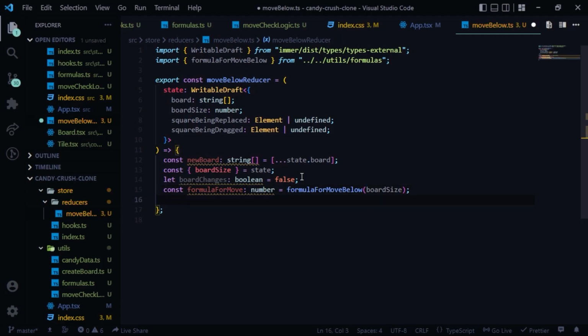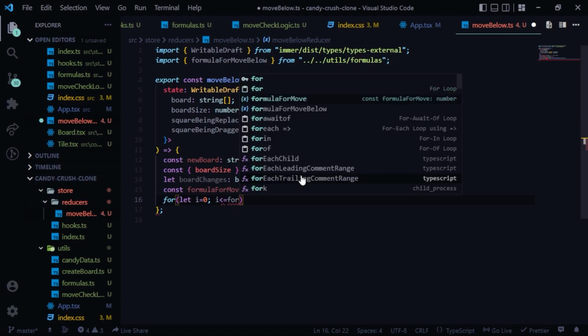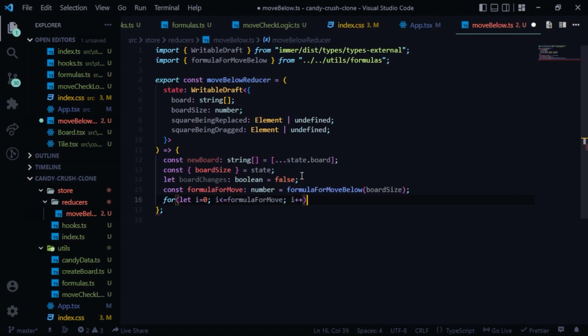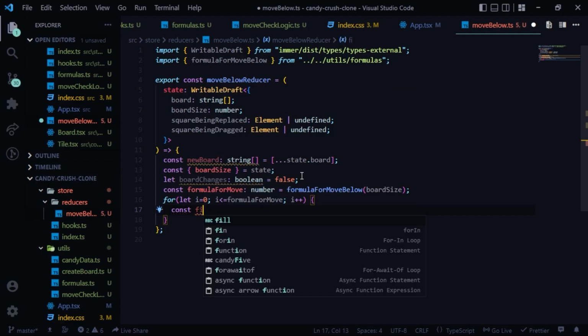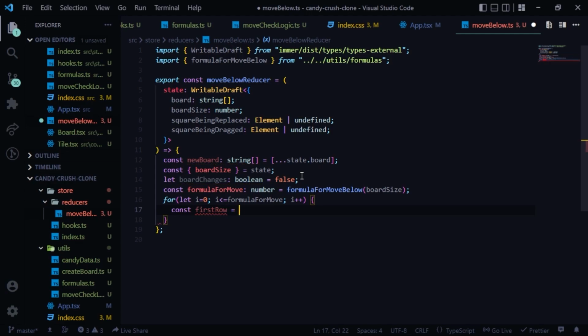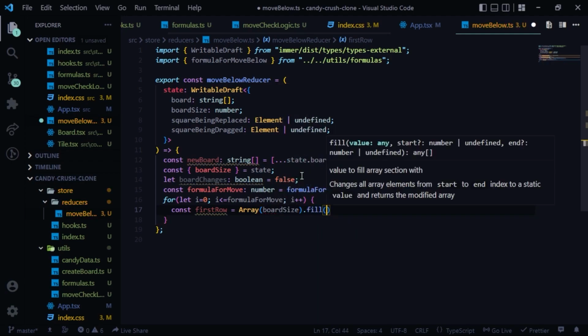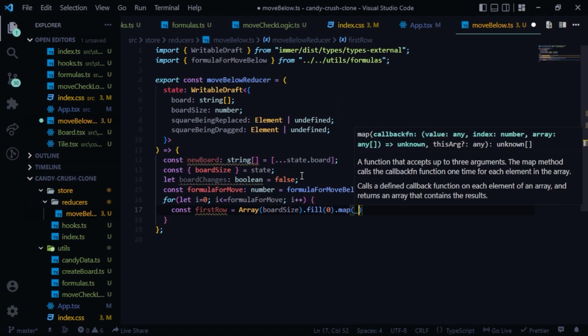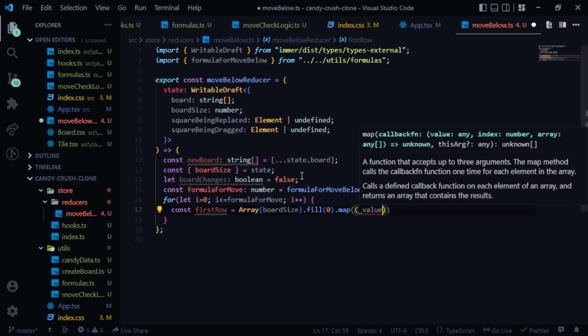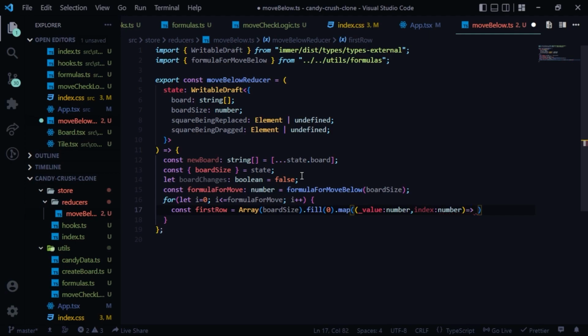After this we'll have a loop, i equals 0, i less than or equal to formulaForMove, i plus plus, and we'll grab the first row elements. firstRow equals Array of boardSize dot fill of 0 dot map, and first we'll have the value which is not going to be used, so we'll denote that by an underscore value and index. These both would be number,